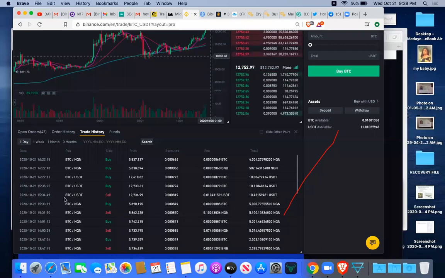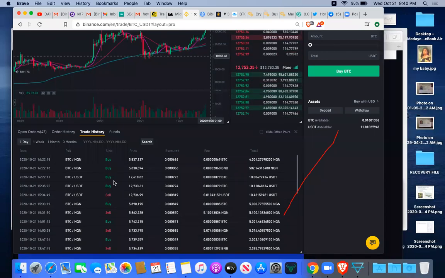Now if you look at this, the interval at which this bot is working is too much. Look at today, the 21st, so it's actually doing buy, sell. You can see fractions, 4,000 naira, 500 naira, $10, 5,000 naira, in that order. Now, what is it actually doing? It will buy, check the best time in the market, and then sell off.